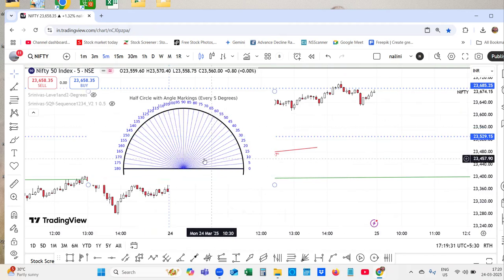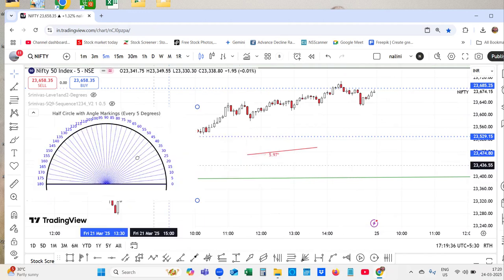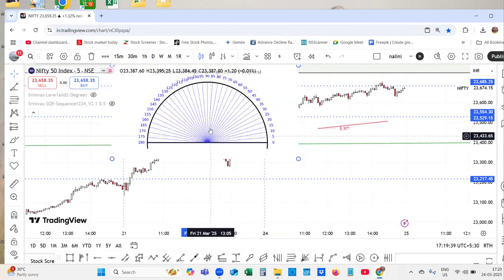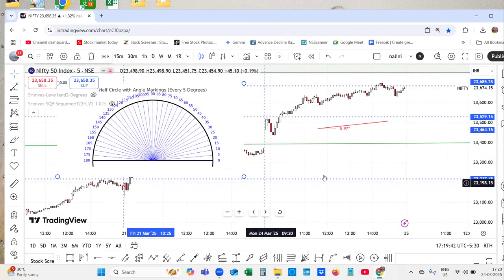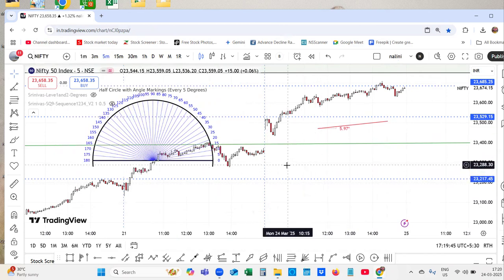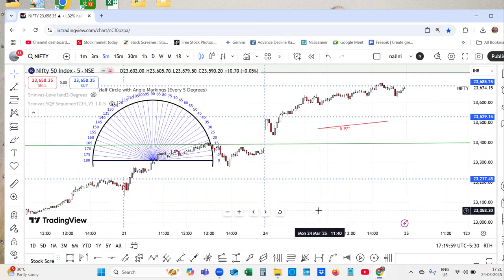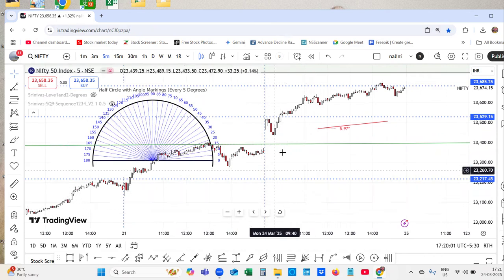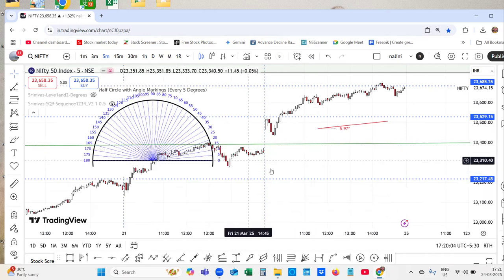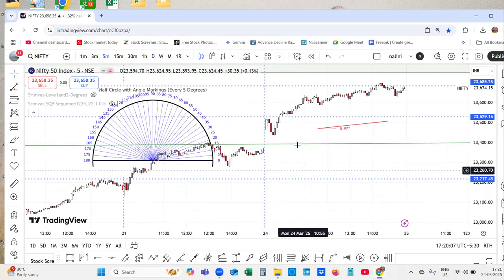So let me take this for analyzing the initial trend. For getting the initial trend, I am doing this. So I'll try to attach this protractor if it is possible. You can utilize this image and place it on your desktop and bring it to the chart, and if you right click, you can use this for the initial trend. Instead of drawing the angles, which is time consuming and not precise, you can instantly get an idea of what is happening by seeing this, right? That's how you can do this.